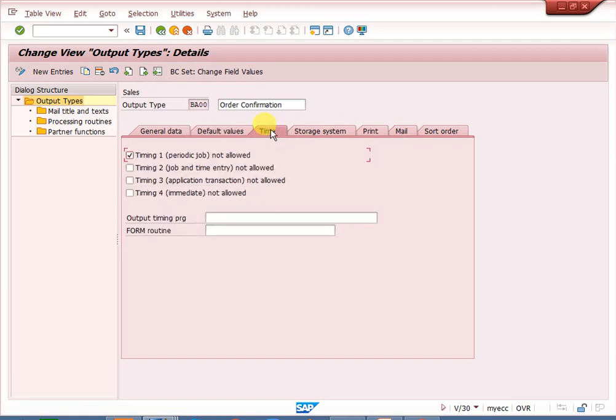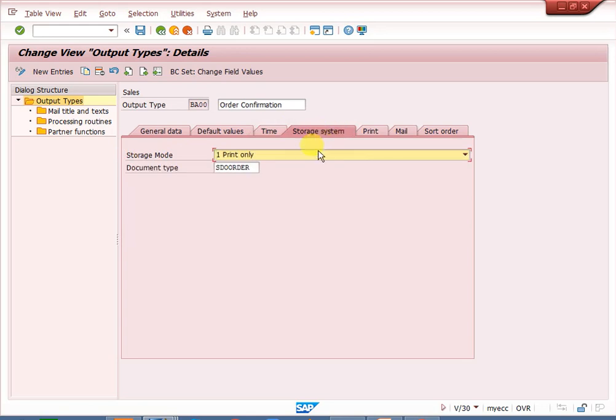Time, this time we are not using any job, so you can leave the remaining. These all are not mandatory. Once you maintain it there, generally we use print only, or print and archive. This we can use.